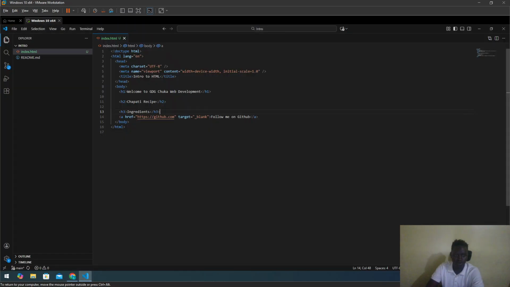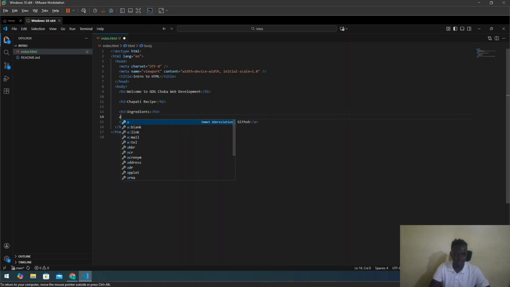As long as you're using VS Code, you just have that A tag. That A tag is going to give you this href. And also, if you know you're going to have this target blank, there's no need for you to wait and then come and write that yourself. So you can see it also gives you some options. If I click on this, you can see it's already written this for me. So I just need to put here github.com,